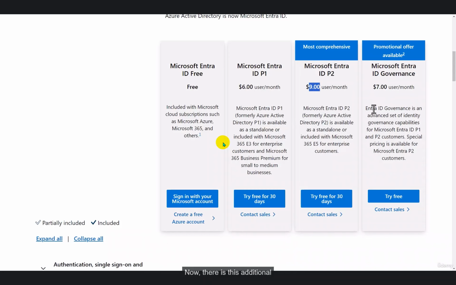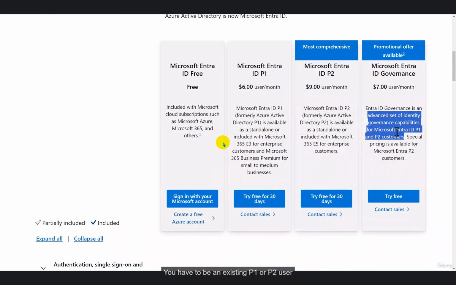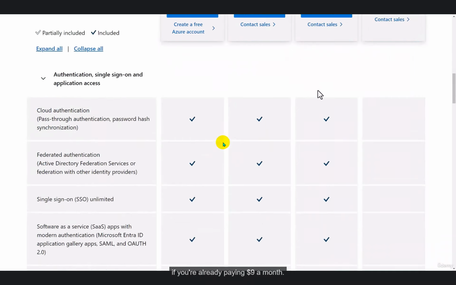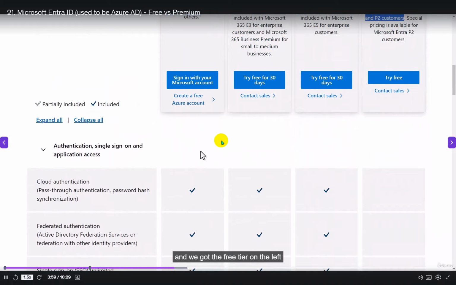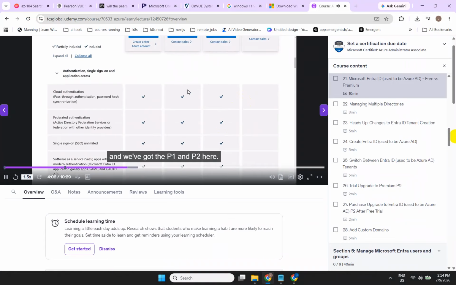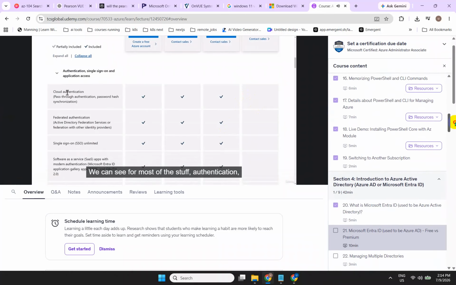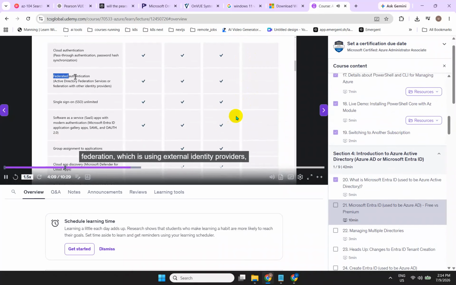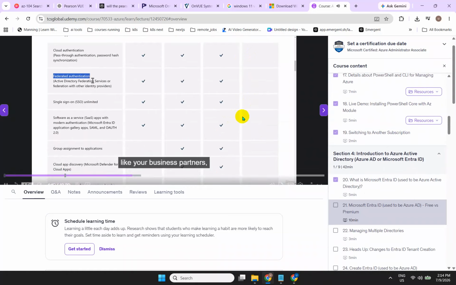Now, there is this additional Microsoft ID governance level that wasn't necessarily available before, but basically it's an advanced set of identity governance capabilities. You have to be an existing P1 or P2 user, and special pricing is available for P2. You don't have to maybe pay the $7 a month if you're already paying $9 a month. So let's scroll down here, and we've got the free tier on the left, and we've got the P1 and P2 here. We can see for most of the stuff, authentication, federation, which is using external identity providers like your business